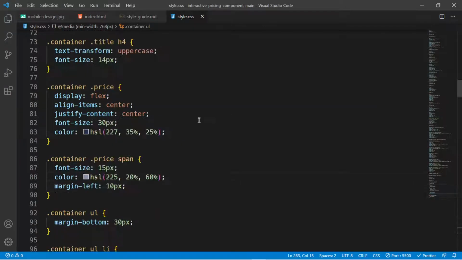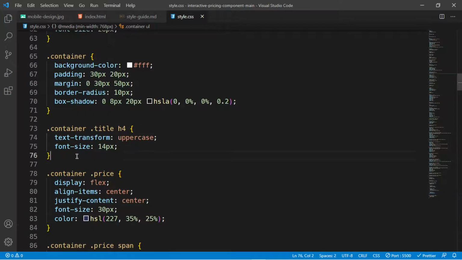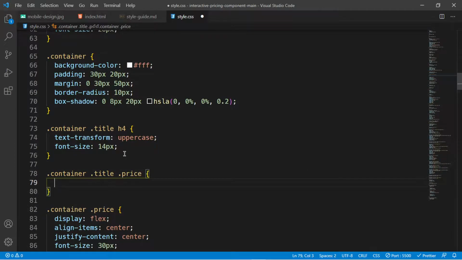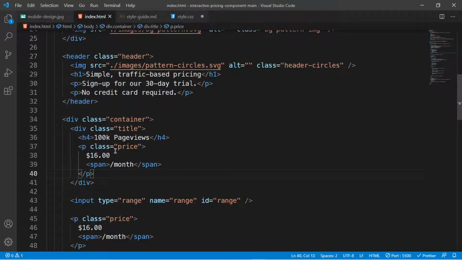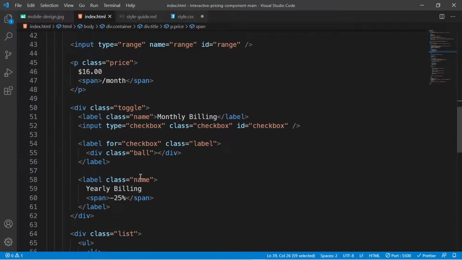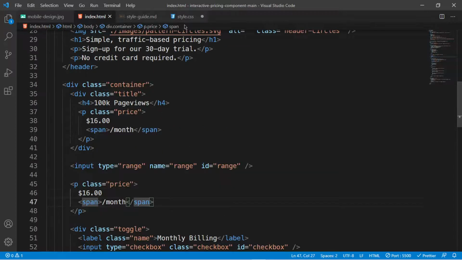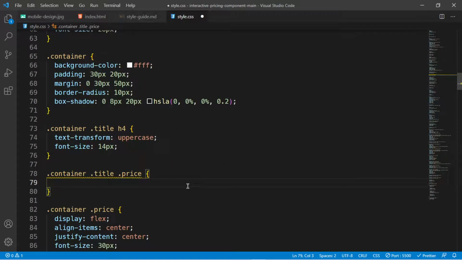So I'm going to say, where I had the class of title, right below this, that for the container, for the title, I want to target the price like that. Basically, I'm targeting this one without targeting the one below it. And I'm going to say display none for this